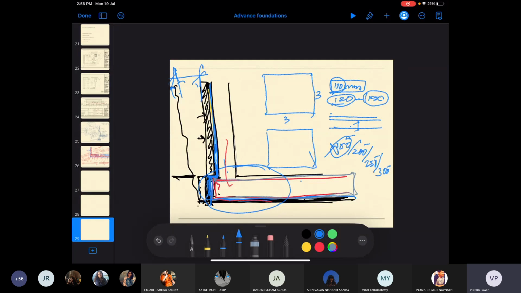Yeah, because in my plan, the pad footing is separate. So let's talk about your pad footing as being this. Okay, so if your column is over here, the pad footing is separate. So let's not talk about the pad footing. So your column stresses are being taken care of by this pad footing.